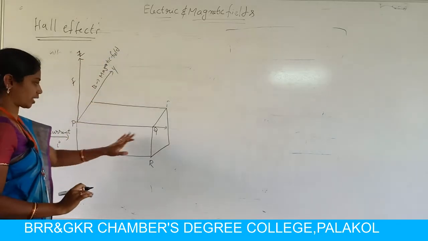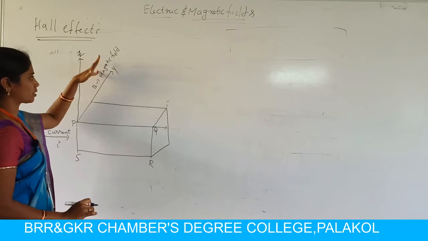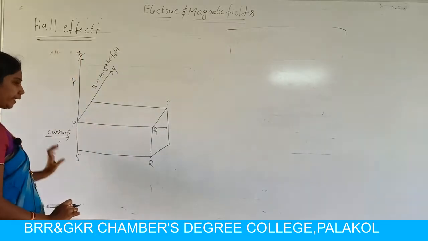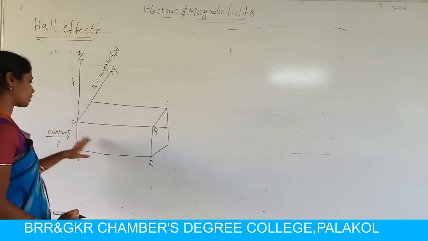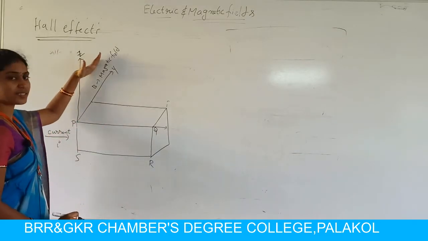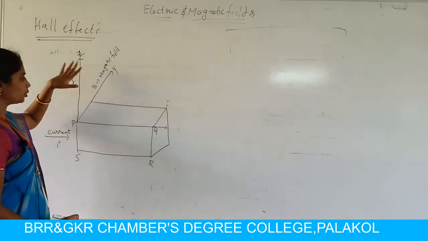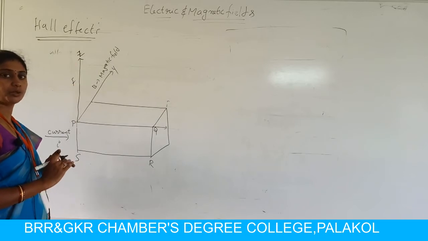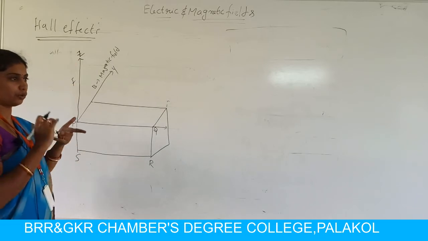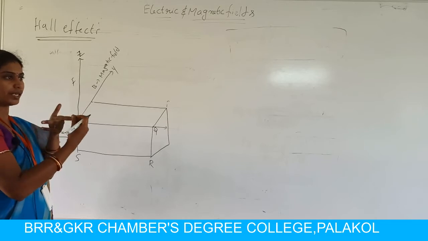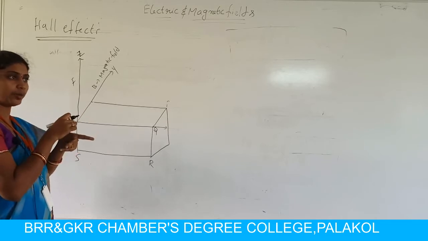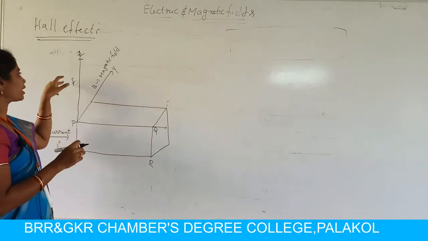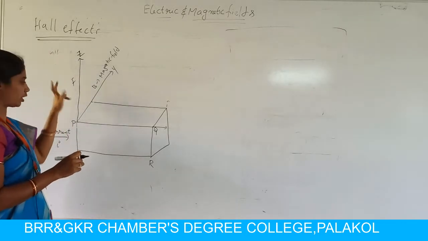Here this is the x axis, the y axis, and the z axis. So along the x direction we are applying current. The current flows through this conductor, then a magnetic field is established along the y direction. Whenever the electric field and magnetic field are perpendicular to each other, we know the Fleming's left hand rule: along x direction current, along y direction magnetic field, then automatically along the thumb, the z axis, force is created. By this principle, force is created along the z direction.